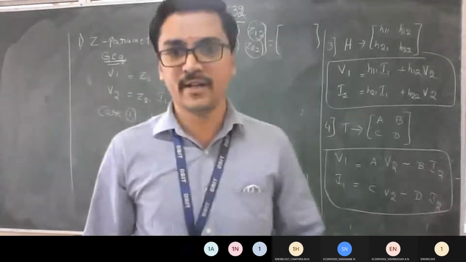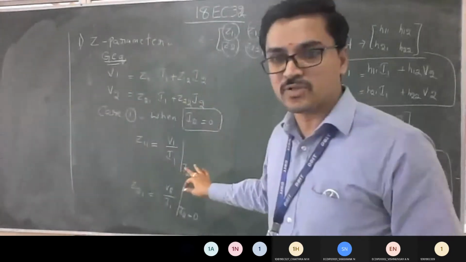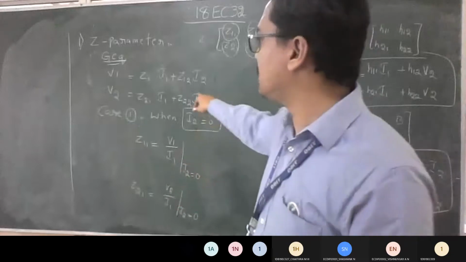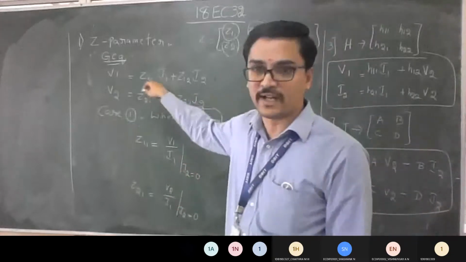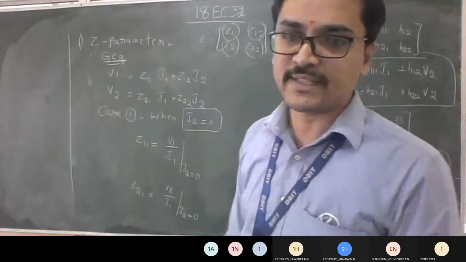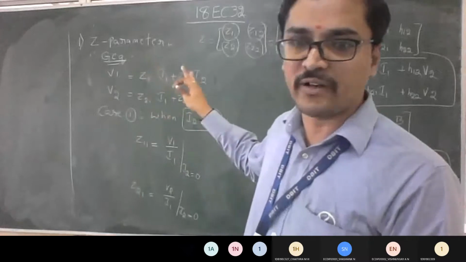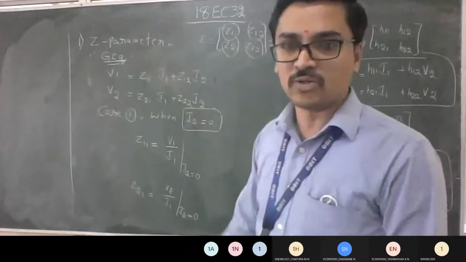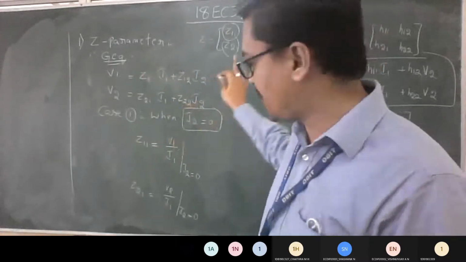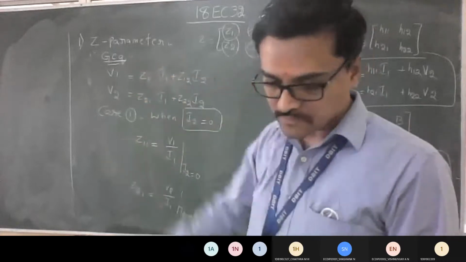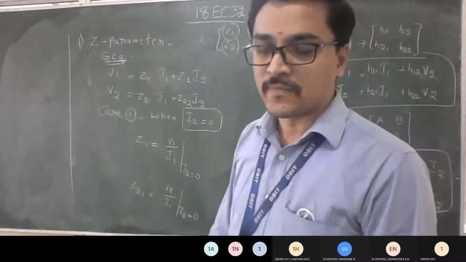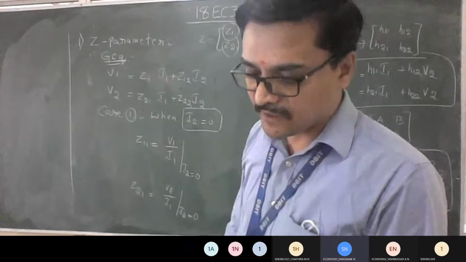Understood what I did here? The same procedure you are supposed to use to solve the problem also. Instead of giving the values, they will give the values of current and voltage; substitute there and get the answer. I will show you a problem on how to solve it later. Let's first do the derivation. Is this fine till here to everyone? Yes, sir.